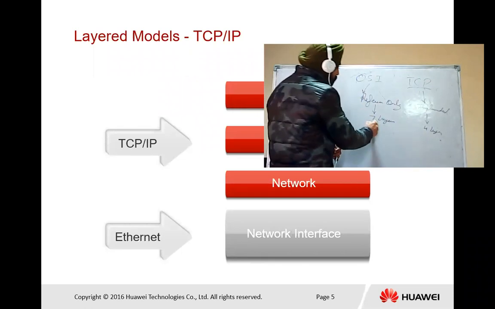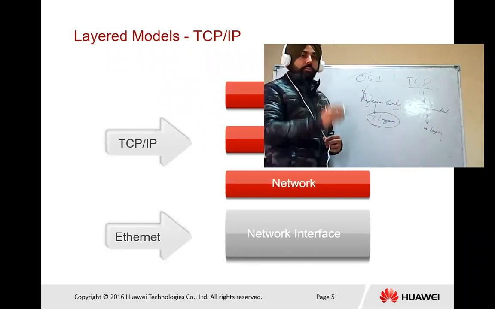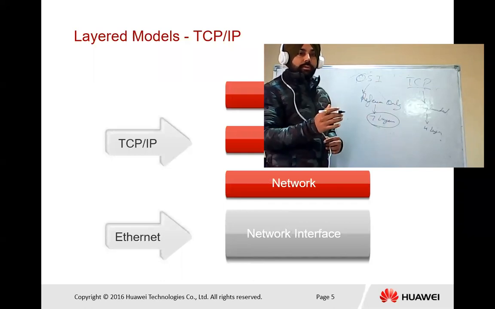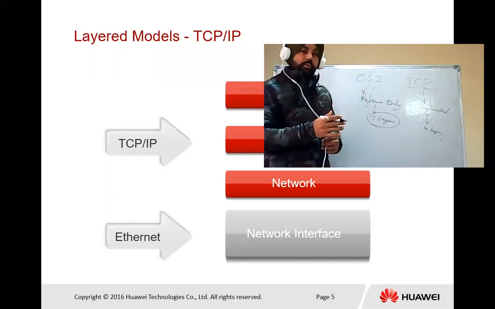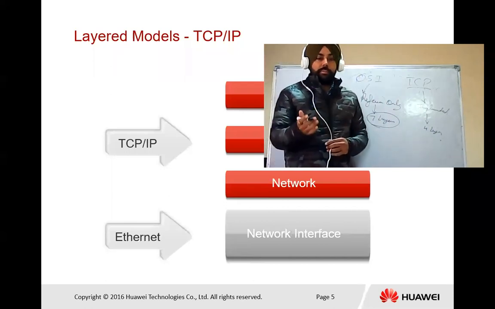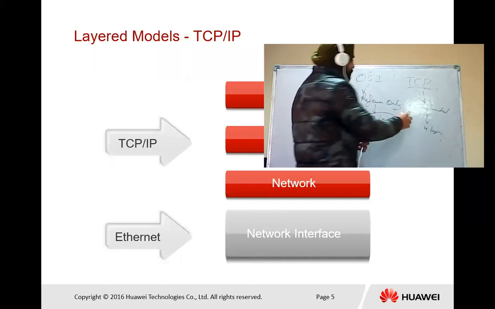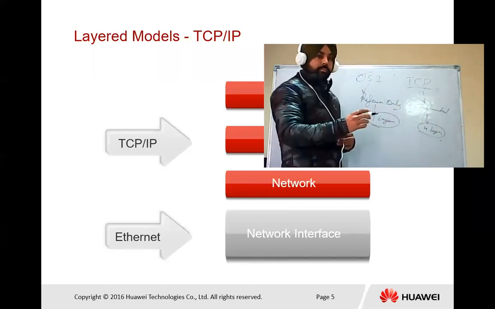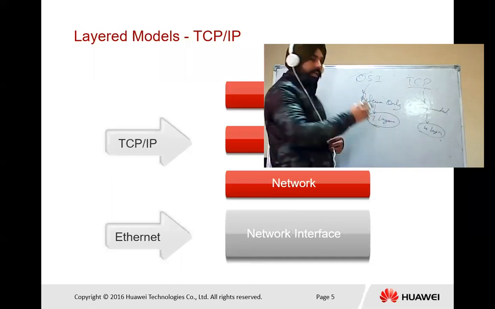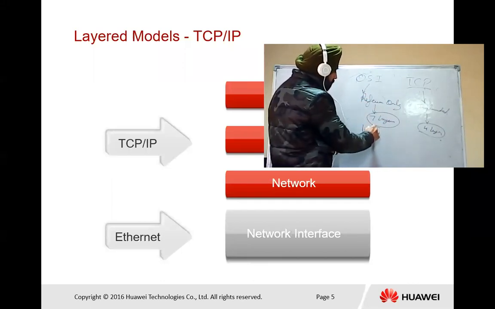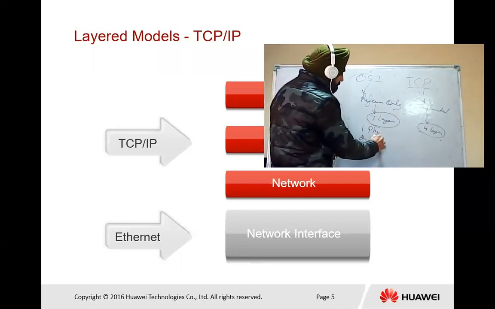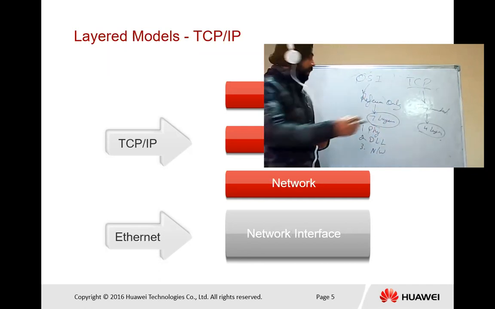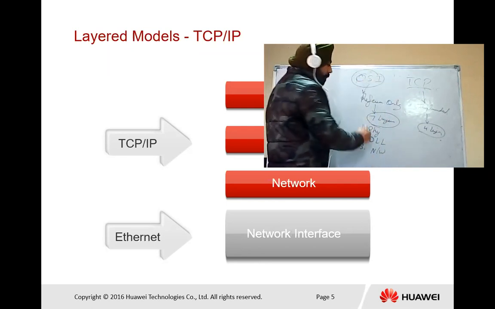Okay, so these 7 layers work from top to bottom and bottom to top. When we are sending the data, they explain the top-down approach, and when receiving the data, the bottom-up approach. TCP/IP has 4 layers. OSI layers show the number. Suppose the first layer is the physical layer in the case of OSI. Second is the data link layer. Third is the network layer. That is why we are saying OSI is a numbered model.